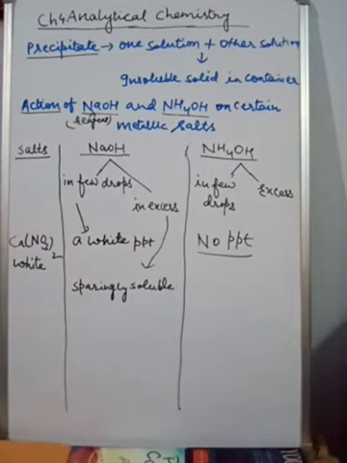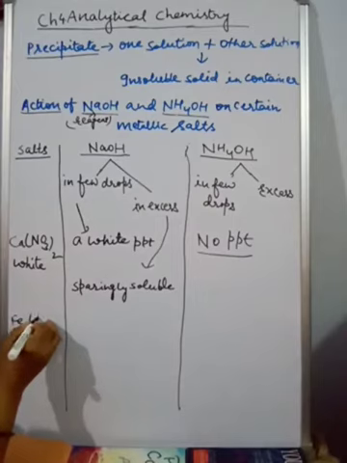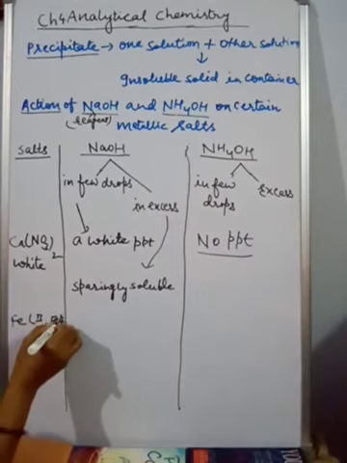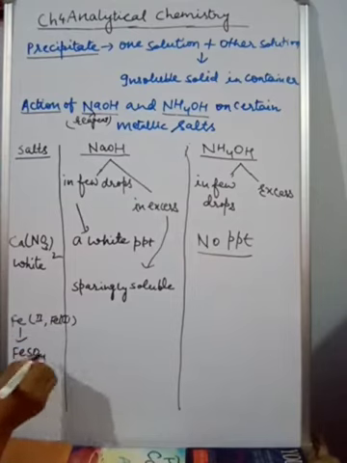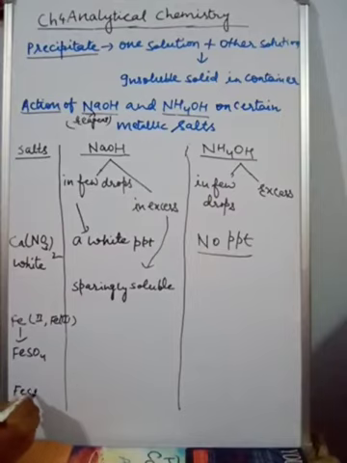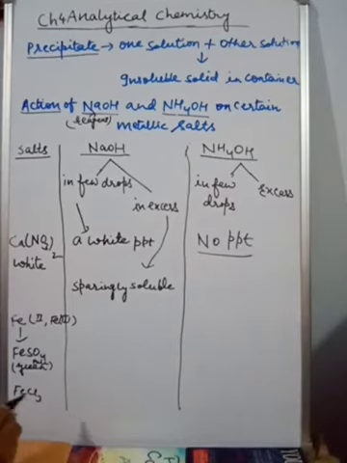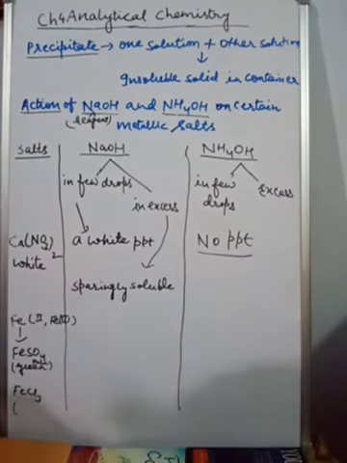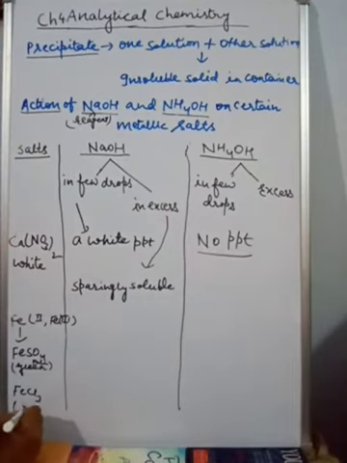Now the second we are discussing is iron salt, and in case of iron, there is iron 2 and iron 3. Both salts we will take into consideration. For iron 2 we will use ferrous sulfate, for iron 3 we will use ferric chloride. Clear? Ferrous sulfate's normal color is light green, pale green, okay? And ferric chloride is reddish brown. So the normal salts, ferrous and ferric, are pale green and brown or yellow, what you can say.